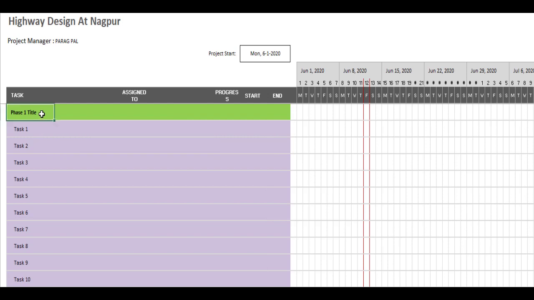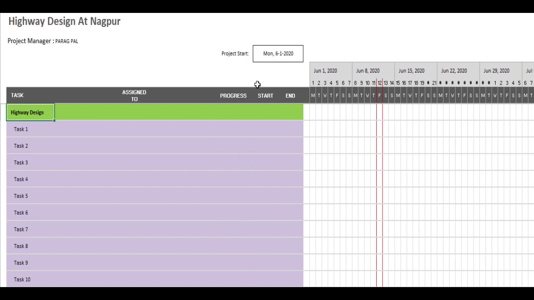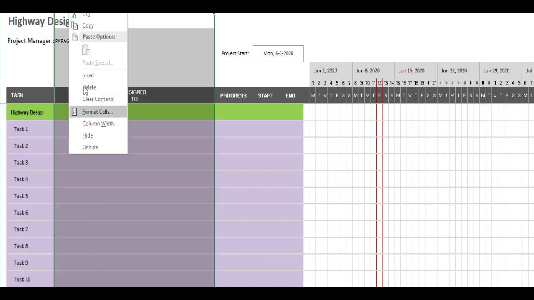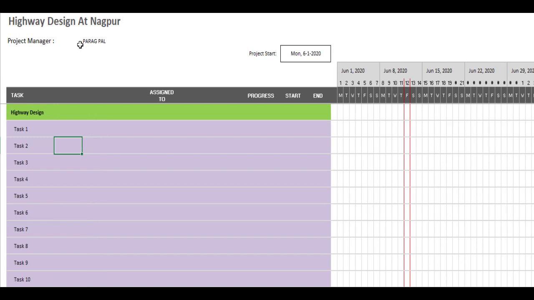Now, if I'm talking about highway design or highway construction activity, first of all I have to select the task. So here, first of all, my task is highway design. Okay, that's it. Now, this is my main WBS activity. In software like MSP and Primavera, everything is based upon the WBS. So no worry about it. Just click here and insert one column and you can simply create the WBS over here. So you can manage your overall WBS here also. You can add it at this side also, no issue.